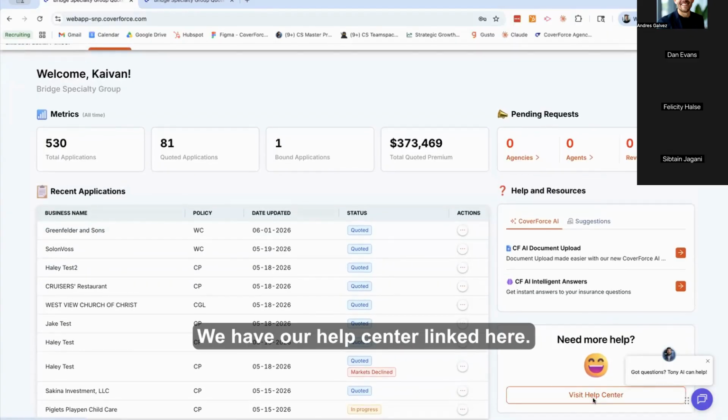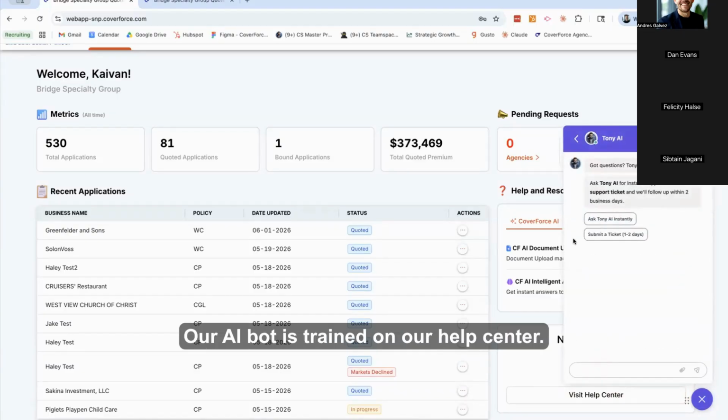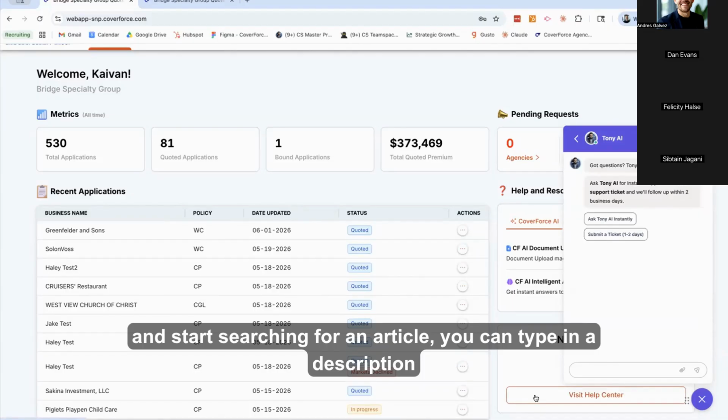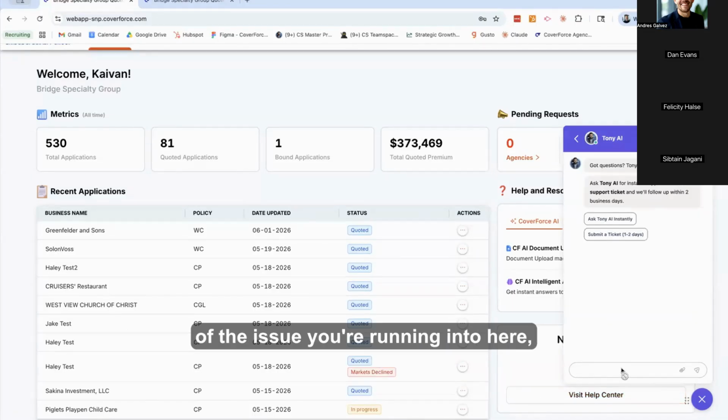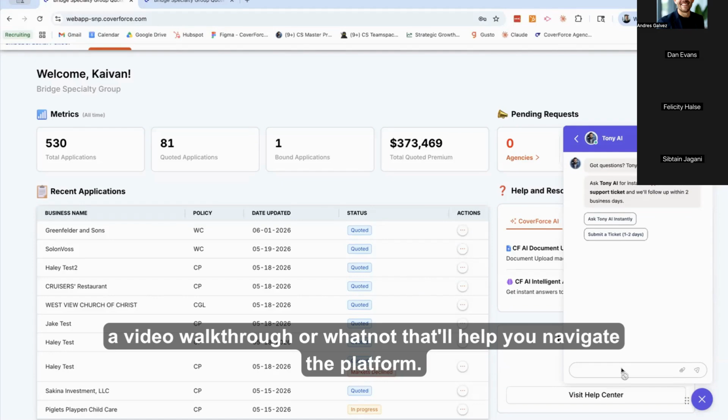We have our help center linked here. We also have our AI bot. Our AI bot is trained on our help center. So if you didn't want to just go to the help center and start searching for an article, you can type in a description of the issue you're running into here, and it'll do its best to get you an article or a video walkthrough or whatnot that'll help you